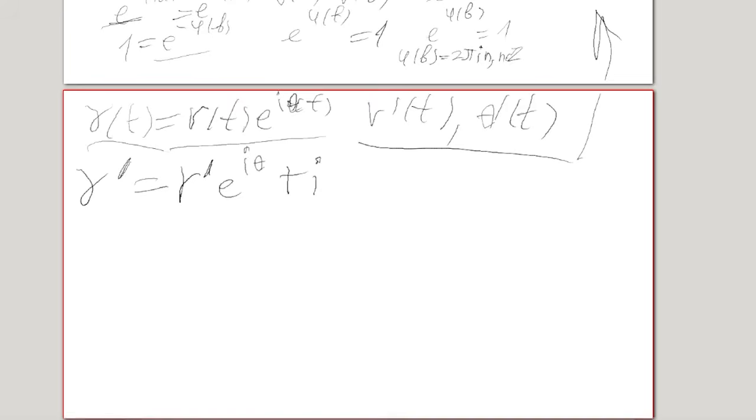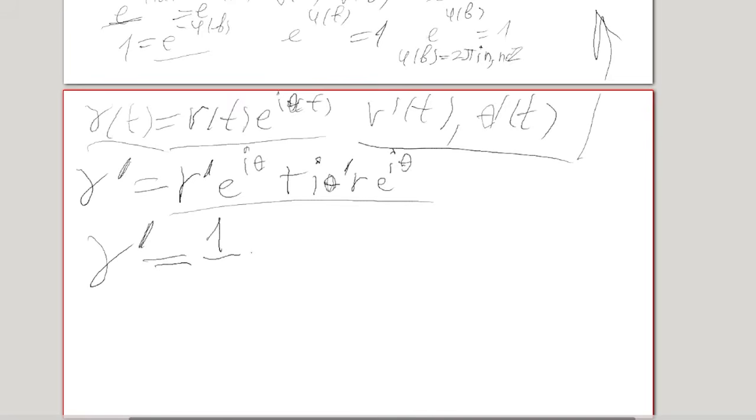Plus, what we get here is i times theta prime times r times e to the power of i theta. Now what I'm going to do is bring out the r here. Let's say that gamma prime is equal to r times i times e to the power of i theta, okay, and inside what we get